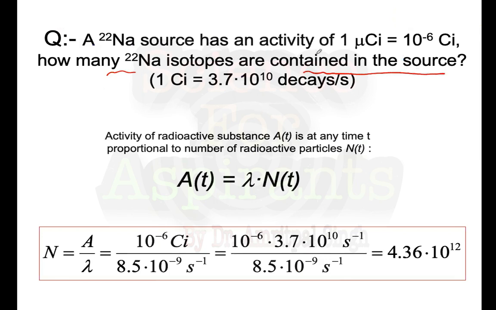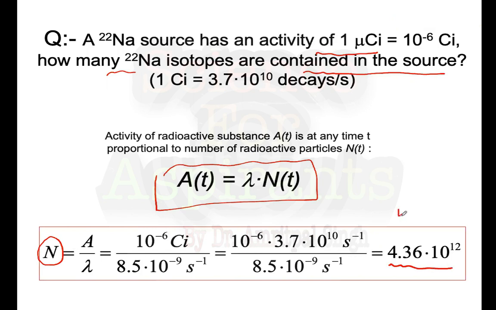So the activity of the source is given as 1 microcurie, and from that we have to find the number of isotopes present within this source at that time. So using this formula of decay rate or activity, we can find out the number of isotopes of that particular decayed material, and the value of N comes out to be of the order of 4.36 × 10^12. Because we will use this formula, the value of this decay constant we have